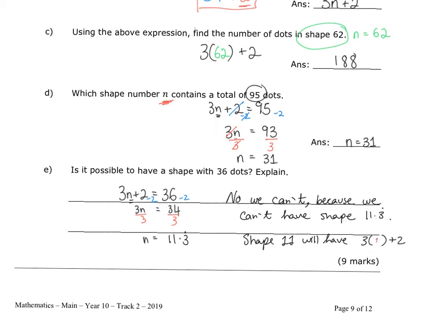Instead of n, we write 11. 33 plus 2 will have 35. So that's not correct, because shape 11 will have 35 dots, and then shape 36 will be 11.3, which is not correct. So next question,